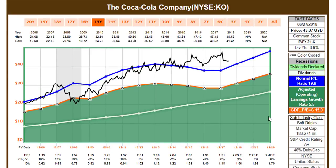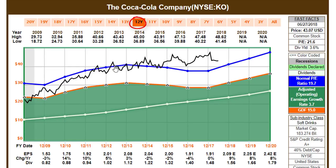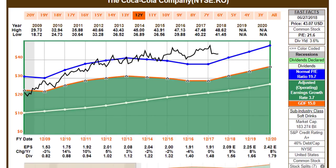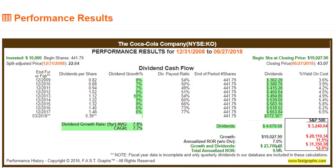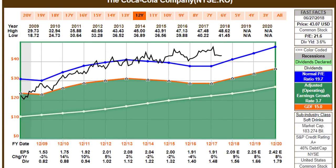So when you're dealing with a company with these kind of growth characteristics, valuation becomes critically important. Now, had you had the presence of mind to buy this stock when it was cheaper, and I'm going to cut 3 years off of this graph here, where Coke was actually trading at a PE ratio under 15, and look at what the performance was over this time frame, you see that the company generated 7% capital gain, paid $4,600 in dividends, a 9.5% rate of return, but they still underperformed the market